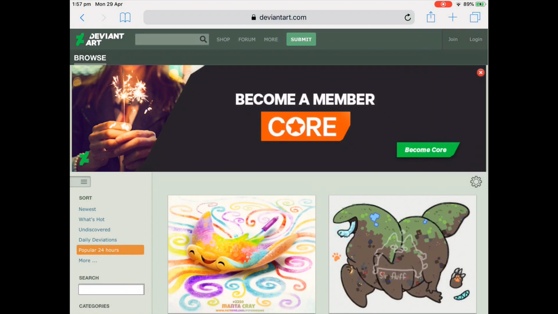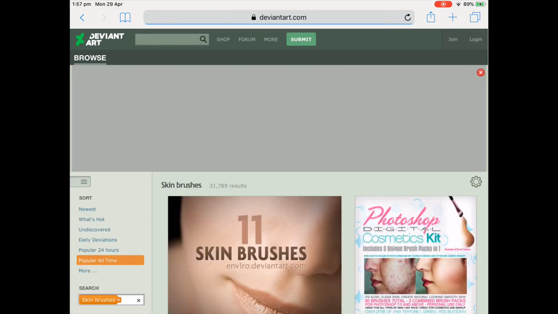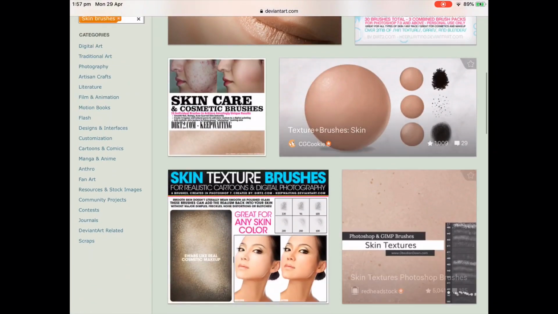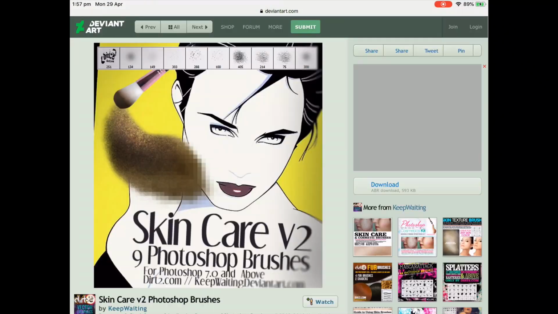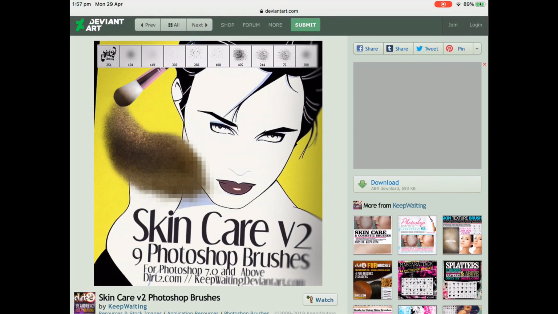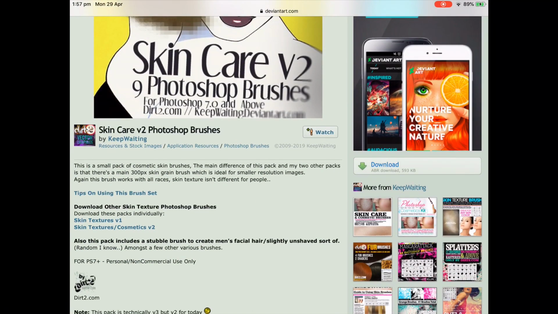So here's the website that I get all my brushes from. It's called DeviantArt, and then you just want to search for the brush you want. So I want skin brushes. So I just scrolled down, and then the brushes I use is Skincare V2. And you just want to go on the side bit, there's a bit to download, so you just simply click